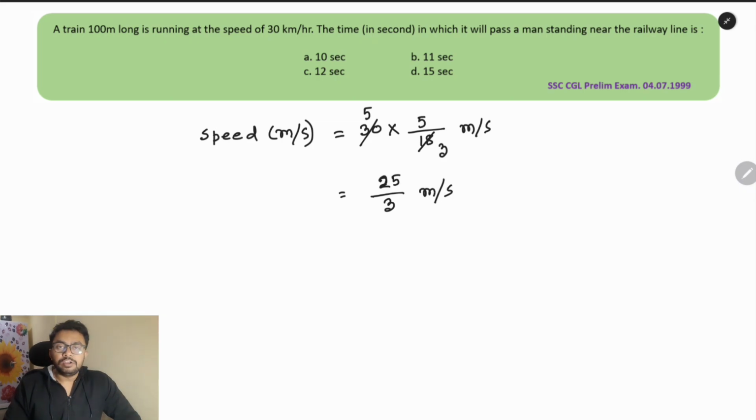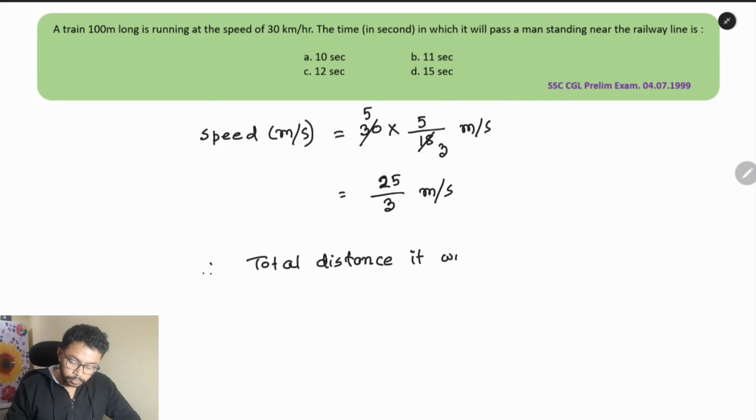Okay, now it will pass a standing man. So the distance it will cover is the same as the length of the train. So total distance it will cover is equal to 100 meter. So the time will be